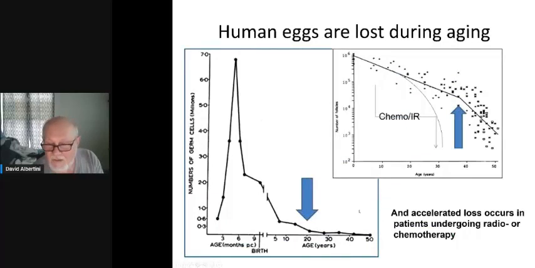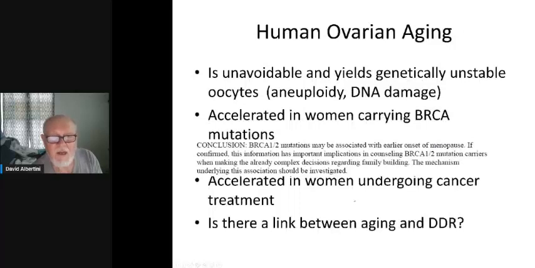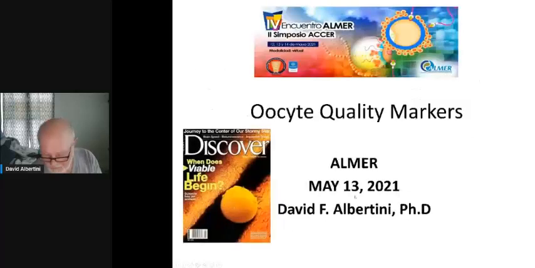Certainly, we know that these are more likely to be factors affecting eggs as a function of patient age. And I'm just going to skip through this and conclude there that there are many loci now for